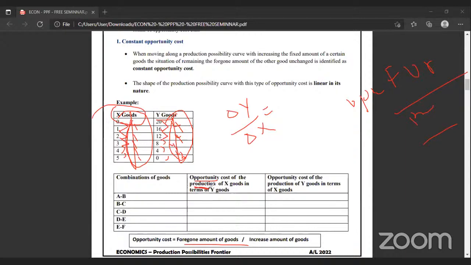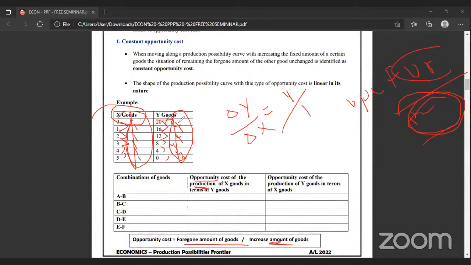For you to understand more clearly, I mentioned that production word. They will ask directly for the opportunity cost of producing X good. So, the opportunity cost of producing X good. That means here, X is produced one, right? X is the increased amount. They're asking about the sacrifice, which should be on the top, right? So what is the change in the X good here? So Y good 4 will be divided by 1.